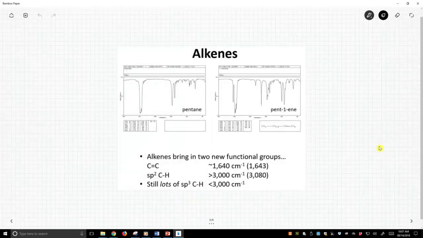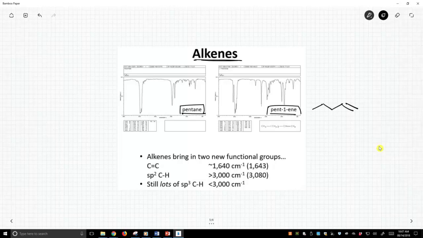And let's look at alkenes. You'll note that alkenes aren't that different. So here's pentane on the left and pent-1-ene on the right. And let's draw that structure the way we're used to seeing it more. So we've added an alkene. What is it that now shows up? Well, this peak right here,